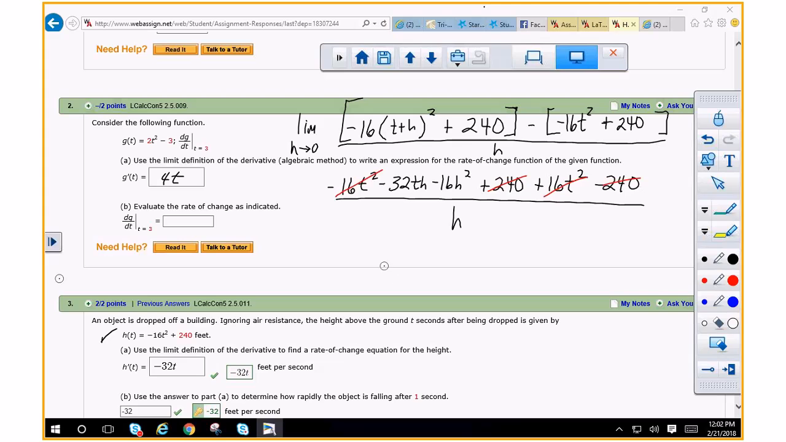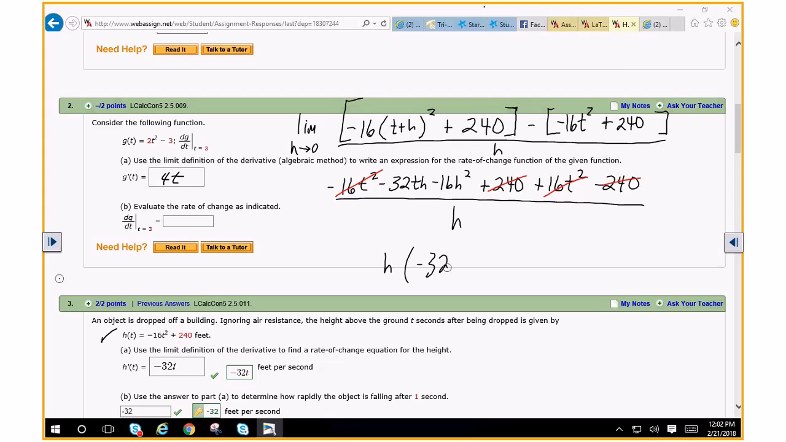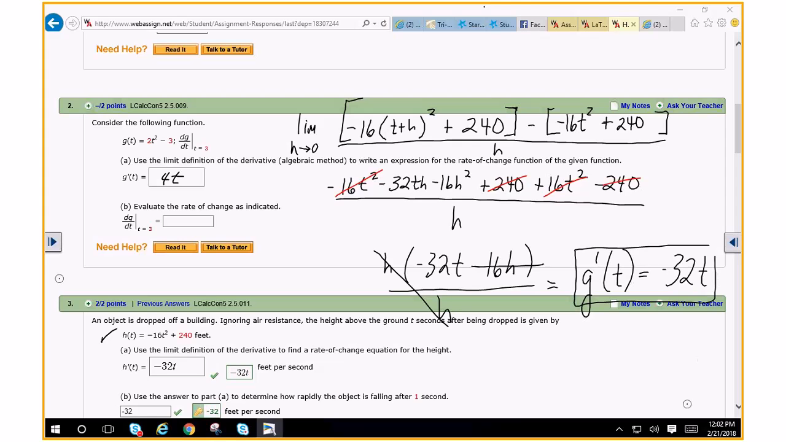And that's going to give you h times negative 32t minus 16h over h, and the h terms go out. Limit theory takes that one out, and you're left with g prime of t, or g prime, is equal to negative 32t. Let's check it with calculus that we already know. 2 times negative 16 is negative 32. T and 2 minus 1 is 1, so that would be negative 32t. That is correct. It says use the answer to part A to determine how rapidly, after 1 second, 32 feet